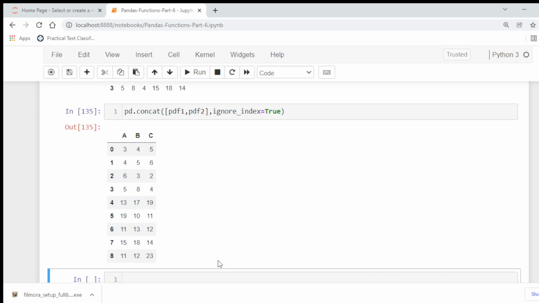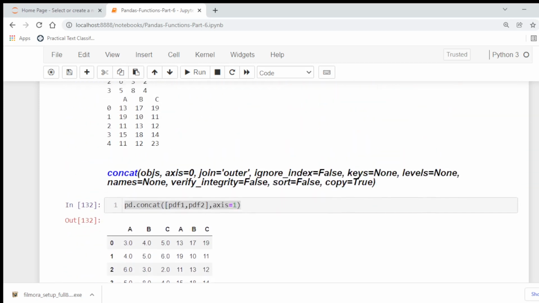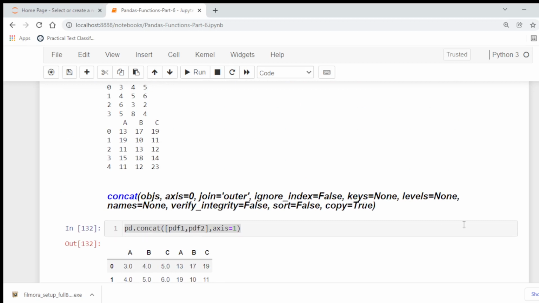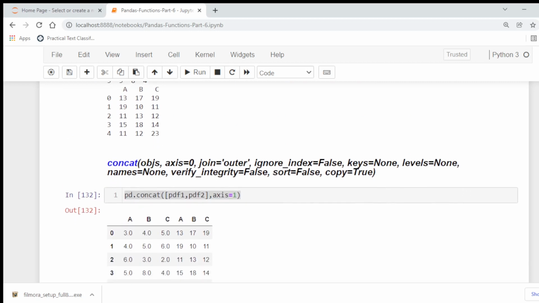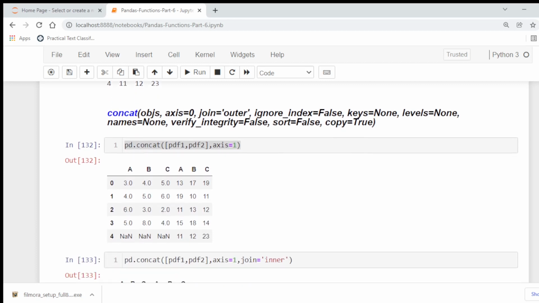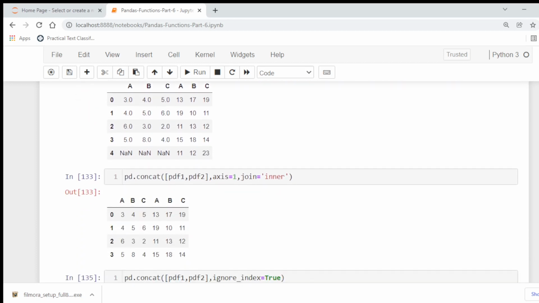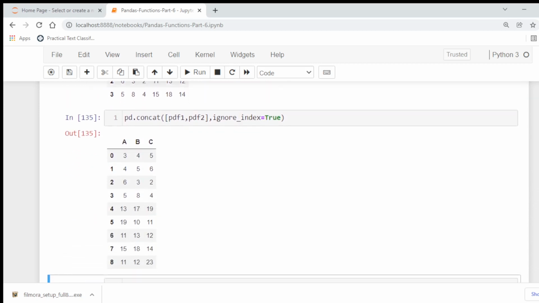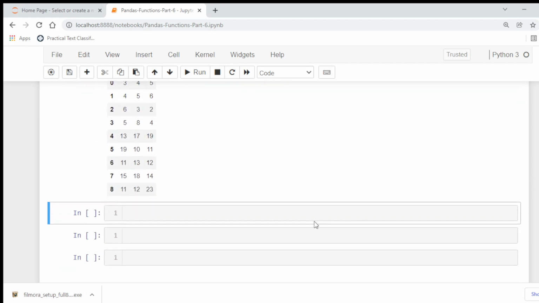The next parameter is keys. Keys allows us to construct a hierarchical index at the outermost level of the data. In this way, we can easily identify the data sets, for example, the start of the data set and the end of the data set.